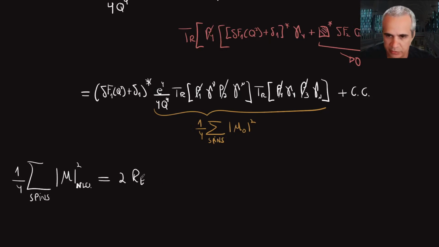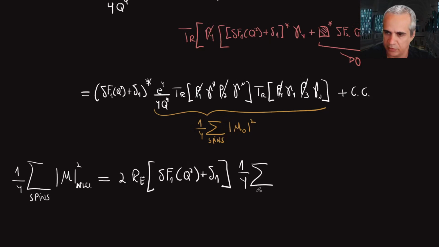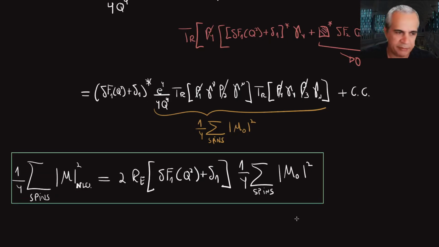So this will be 2 times the real part of delta F1 of Q square plus delta 1 times 1/4 of the sum over spins of M0 square, which is a nice result, right? I put a box around it, and it gets better because now